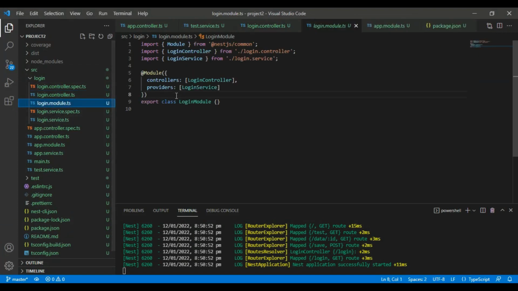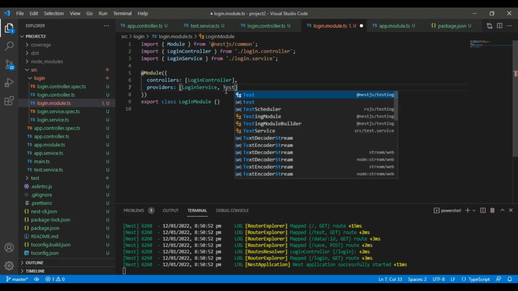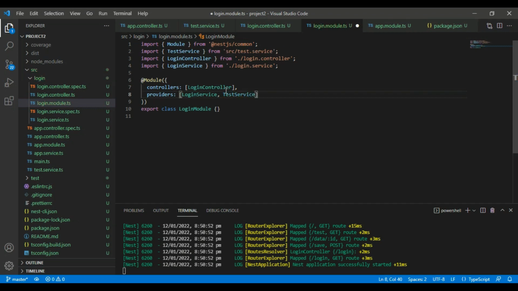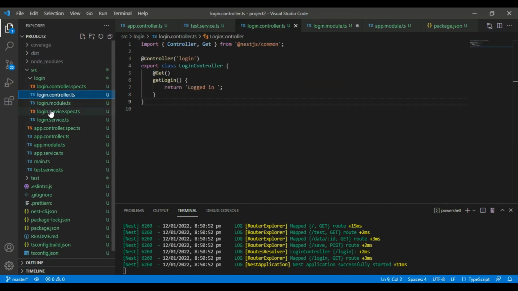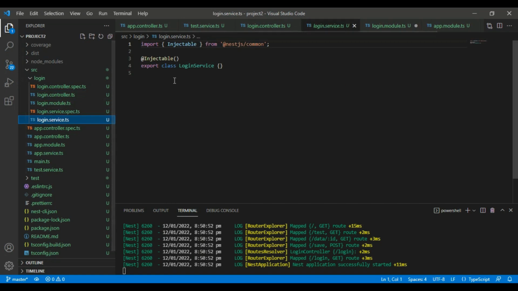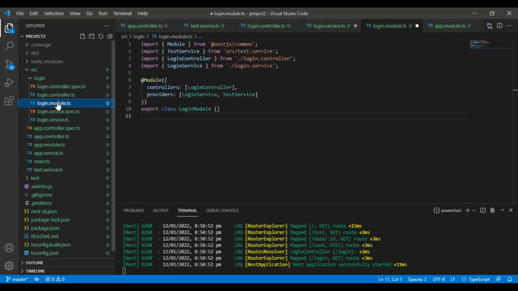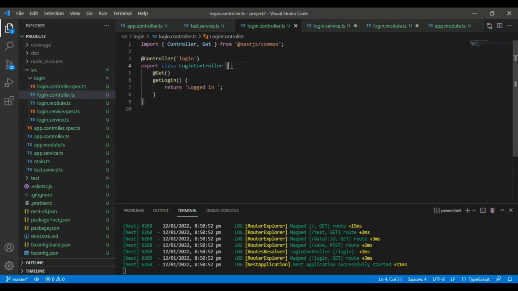For that you need to import the outside service, and in the provider you need to mention it, like test service, which we have already covered. You need to mention in the provider which service you are using in this module. Here you can see a test file is created for this service and the service file is also created, which is injectable. So in the module and controller we can now use that service.